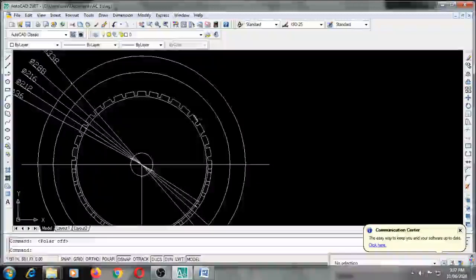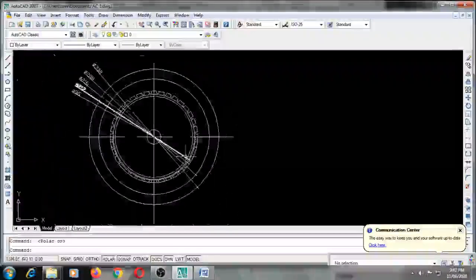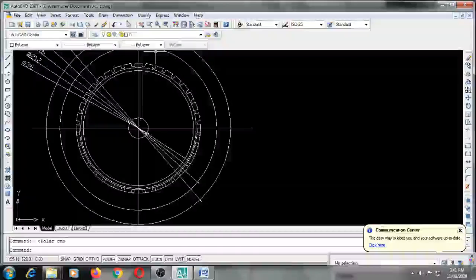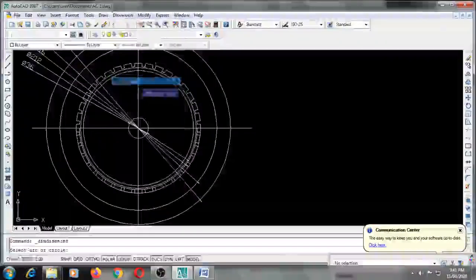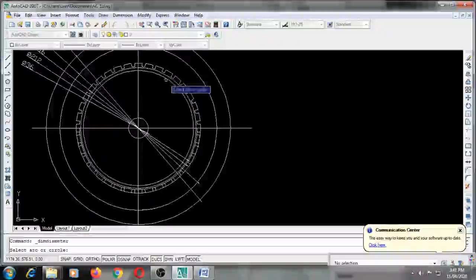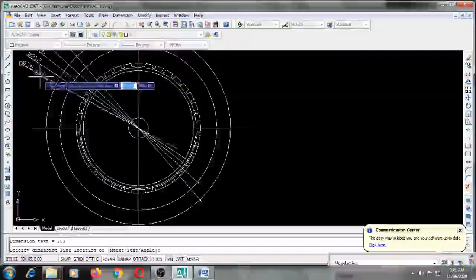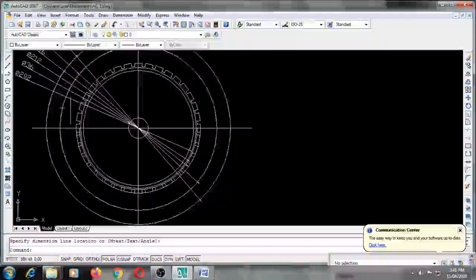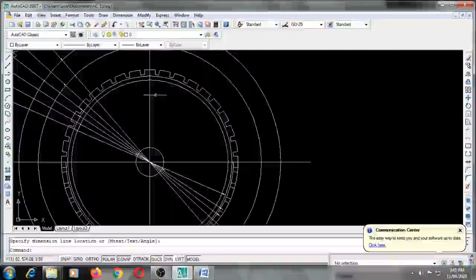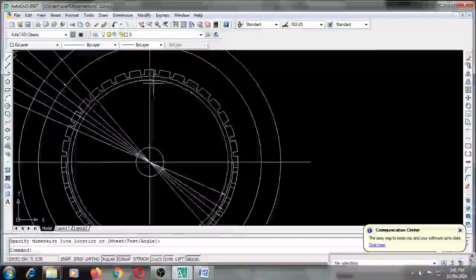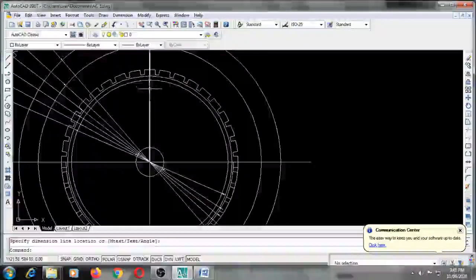Same way we shall do it for the rotor. So this is how we got the circle. Let's have the dimension for that circle. So the dimension, let us take it in diameter. This circle is of, let me keep it here, 202. So now for drawing of the slot, again we shall do the concept similar to what we did in the stator. So this I will take as a reference.